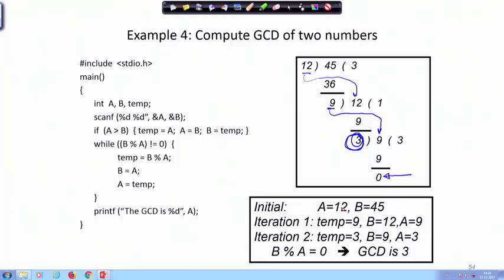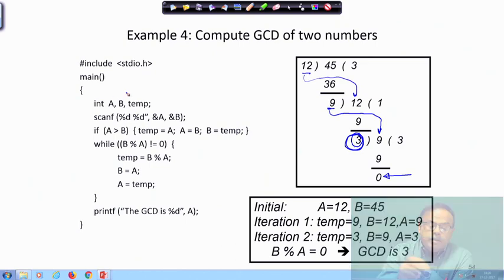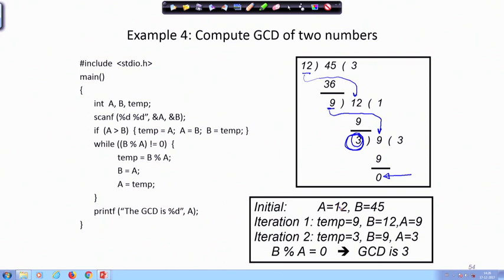Okay. Here you see how the code is written. You just look at the code a little bit and try to understand it. A and B are two numbers. Now, I do not know as yet which one is smaller and which one is bigger. Here in our example, we can see one is 12, one is 45, but the computer does not know which one is which, and I am taking another variable temp. I am reading the numbers A and B.